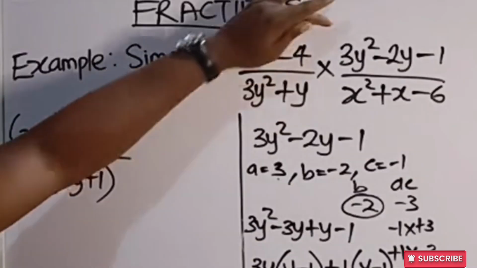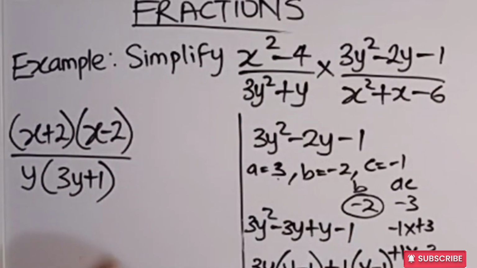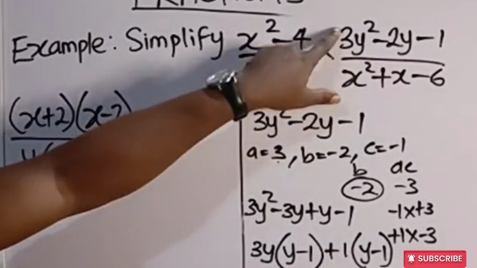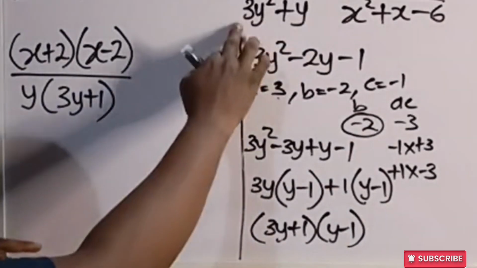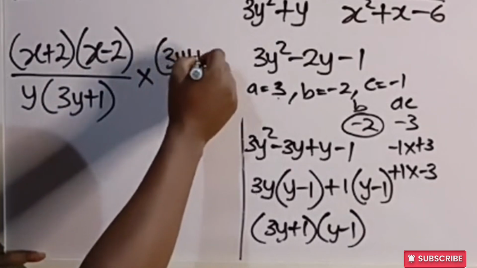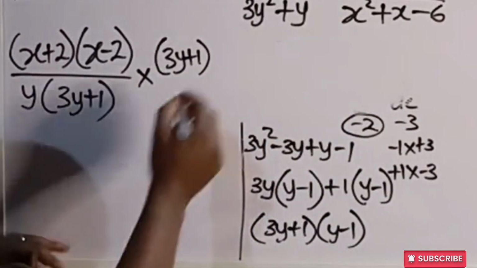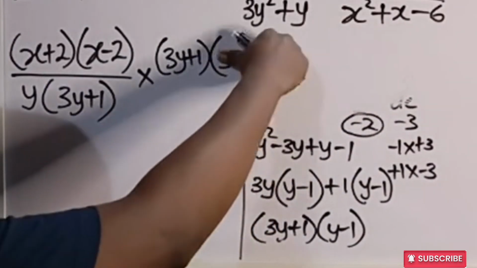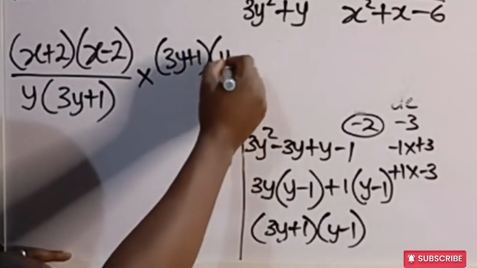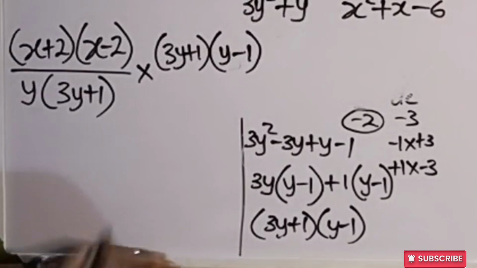Remember, I'm not focusing on this in this lesson because I have already taught all these in a previous lesson. So this is the same thing as this. Instead of having this, we're going to replace it with this. So we're going to have, multiplied by 3y plus 1 into y minus 1. So what we have here is the same thing as this, divided by,